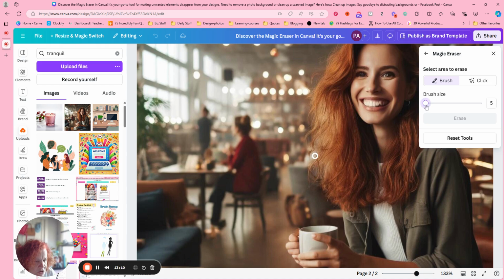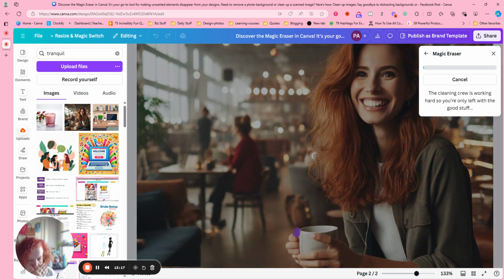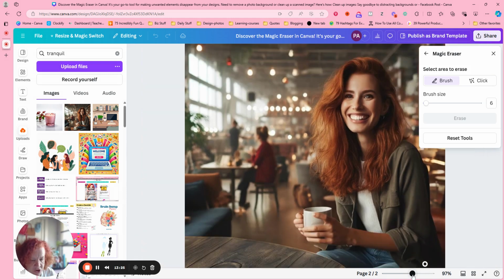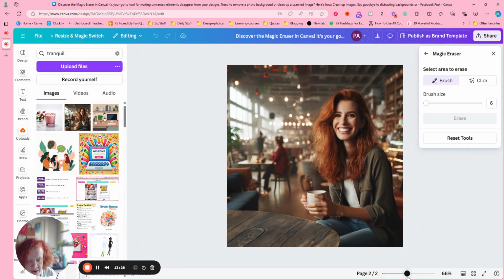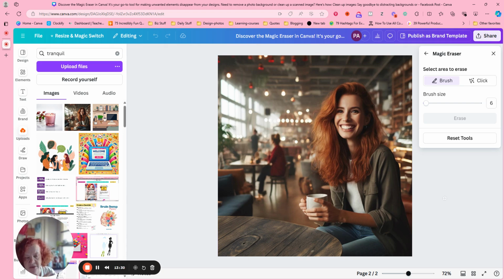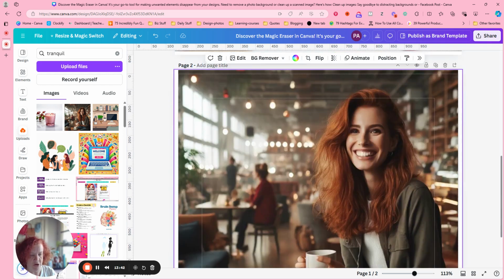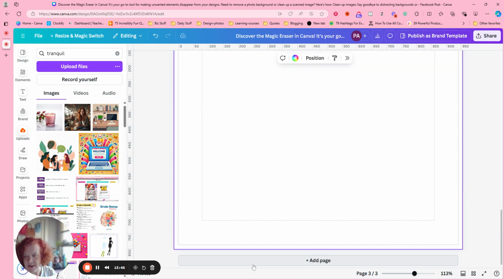Okay, I'm going to go down a little bit more and just clean this part up right there. Okay, so no one's going to look that close. And if you do like this, it's fine. And so there you go. If you see little things, you can go ahead and erase them. I recommend using the brush instead of click unless it's a whole item or whole detail. All right, so next one is